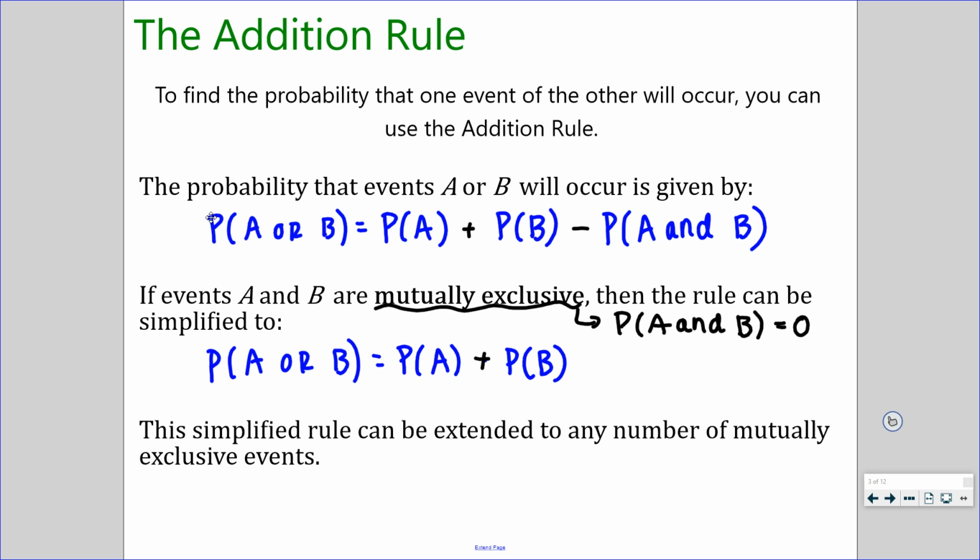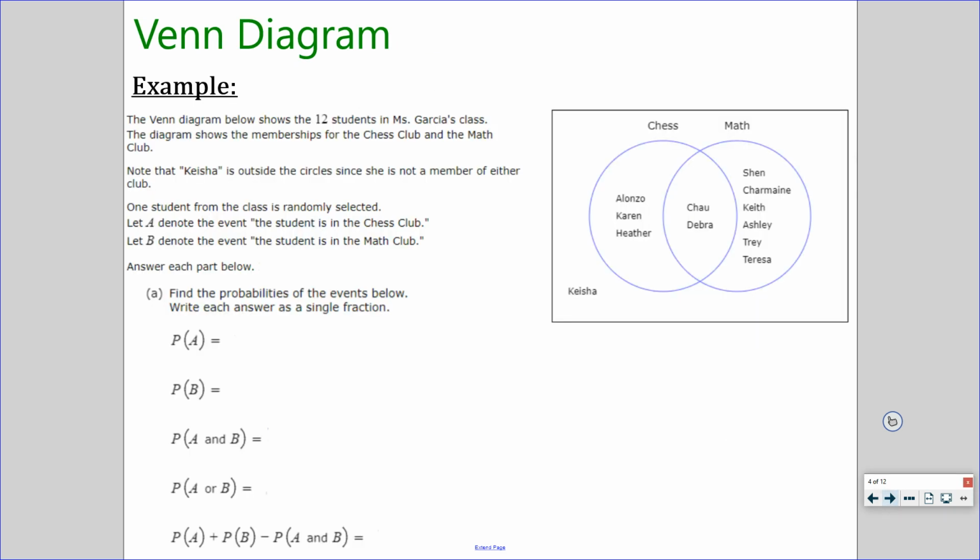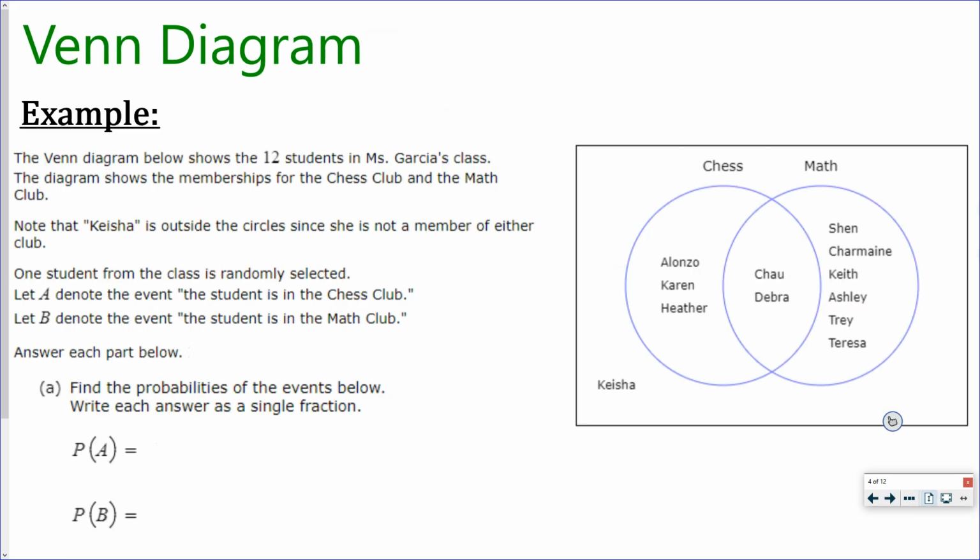Okay, so you're finding two probabilities in sequence. If it's "or," and you see the keyword "or," you're usually going to add. Okay, so let's look at a Venn diagram example just to give you a little visual of where and why